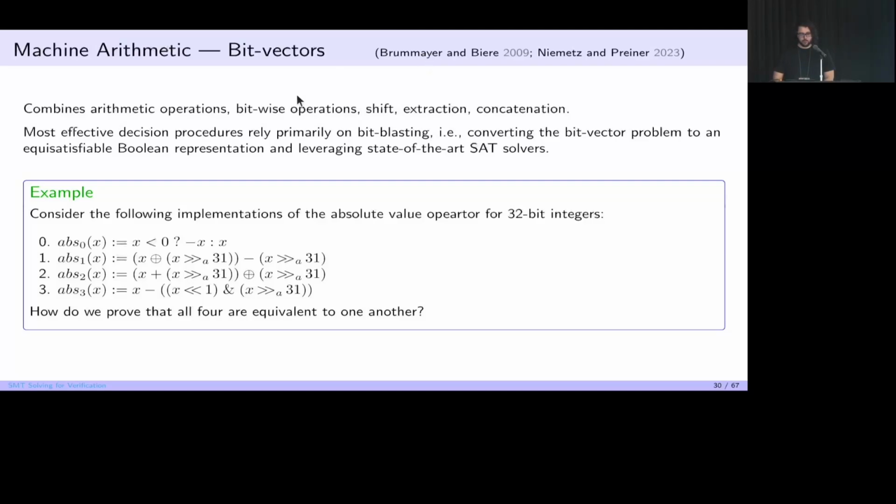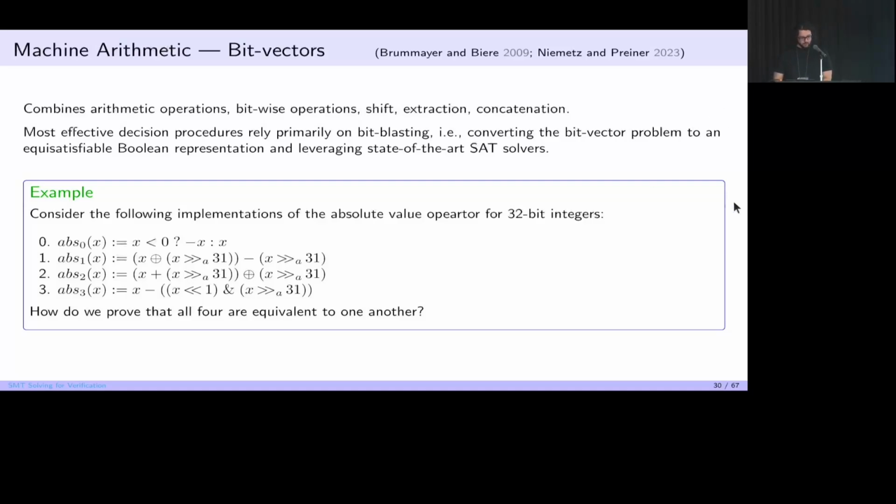And the way that you handle these theories in SMT solvers, what has been more successful across the decades, has been to rely on procedures based on bit blasting, which is to reduce these constraints, after some very smart things that you can do with simplifications, abstractions, and so forth, to a SAT problem, a problem involving only Boolean reasoning that is exactly satisfiable to the original one. And then you can use off-the-shelf SAT solvers. And then, I mean, it's still a very active